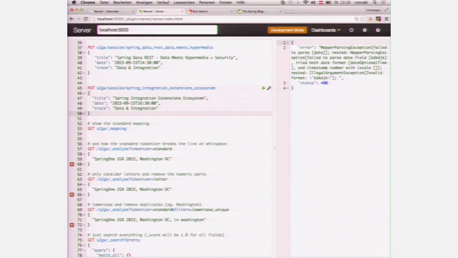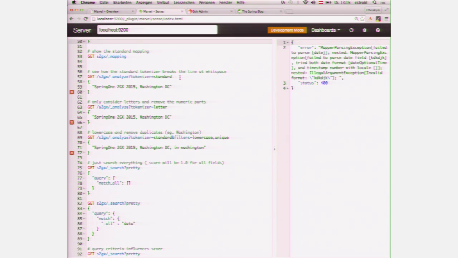what it does, what it's used for. There's a little bit more in the schema, because you can also add information on how data is treated. So if you store a document, you can basically define how the string of certain fields is treated, if it's split or taken as a whole, or if numbers are eliminated, if it's lowercase, what have you. So Elasticsearch applies a couple of those by default, but to give you a real impression is basically to do some analysis on this particular string, which is Spring 1 2GX